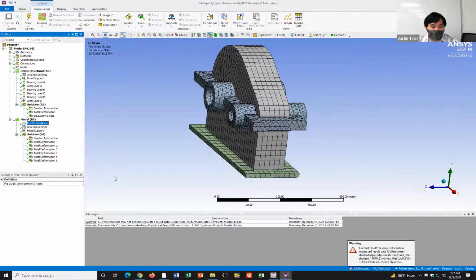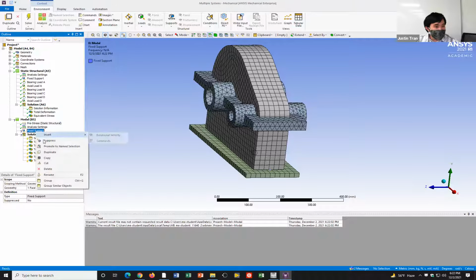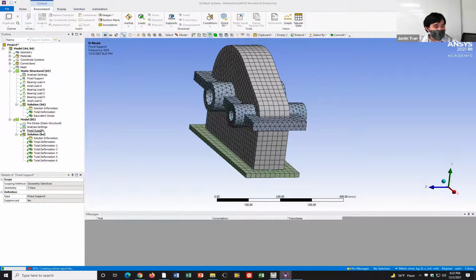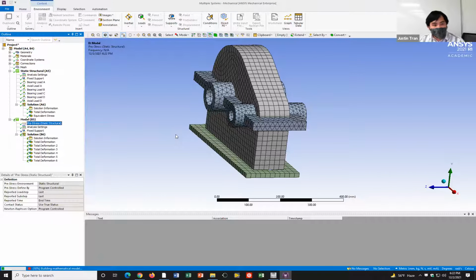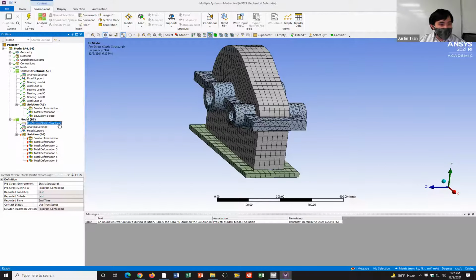And then let me see if this is actually going to work. Let me try. Nope. Okay, so this is the same error as I did before. Actually, I don't remember. If your fundamental frequency decreases with the pre-stress, that's fine too. Maybe I'm remembering it backwards. Maybe it should decrease with the pre-stress. Okay, and let me turn this off.